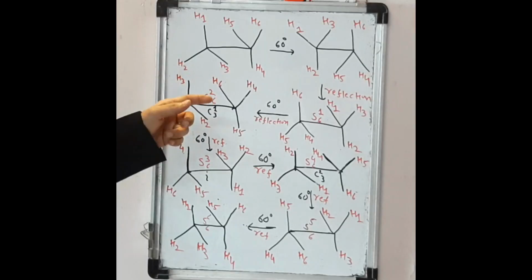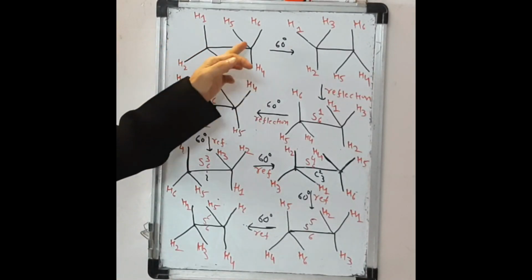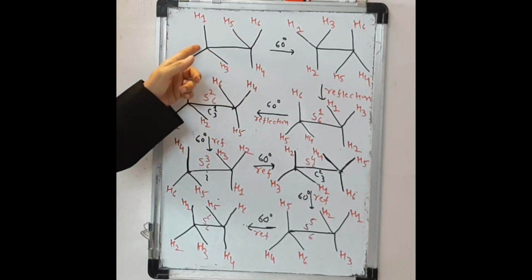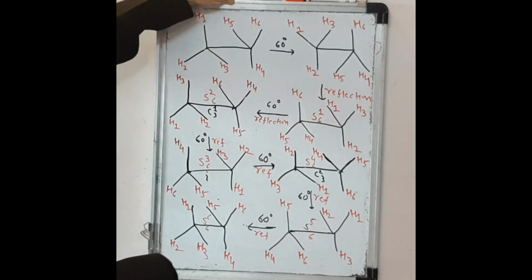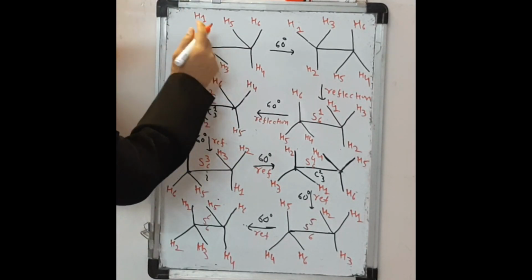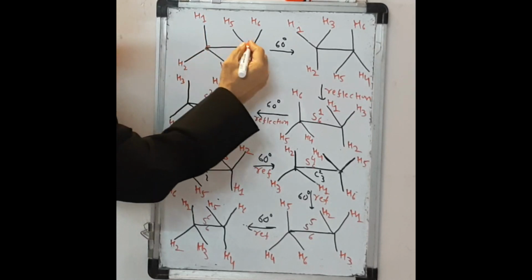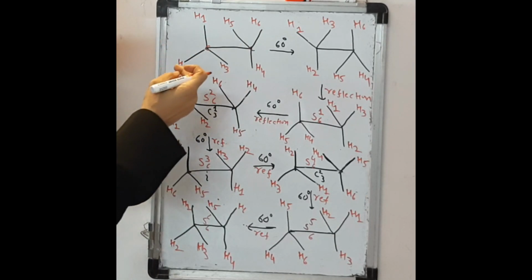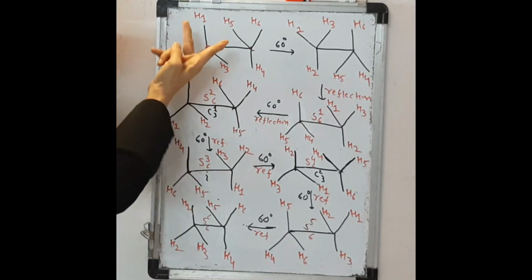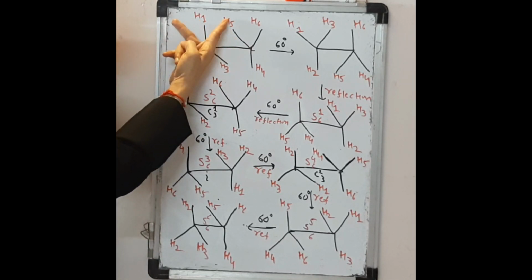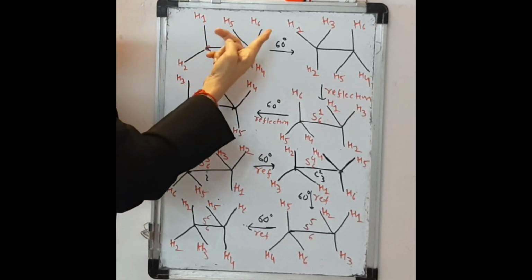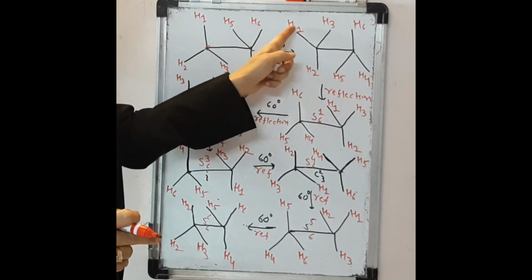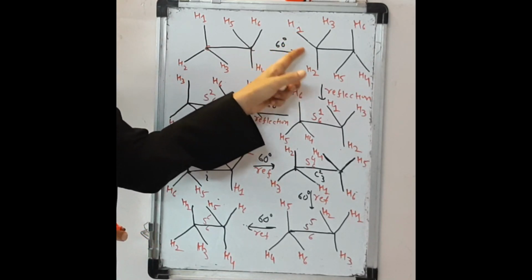The same thing can be explained using the structural formula. This is your original configuration, H1, H2, H3, H4, H5, H6. This is the staggered ethane molecule, the structural formula of staggered ethane. This contains 2 carbon atoms. This is carbon number 1 which is attached with 3 hydrogens, H1, H2, H3. This is the second carbon atom which is attached with H4, H5 and H6. If this molecule is rotated by 60 degree, then H1 and H3 come to this position, while H6, H5 and H4 lead to this configuration. So you will get this type of configuration. This is called the resulting configuration.